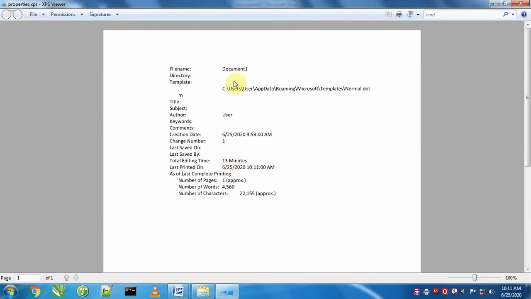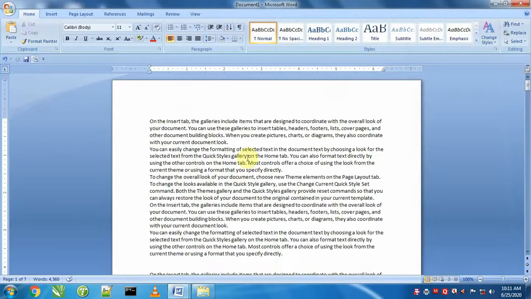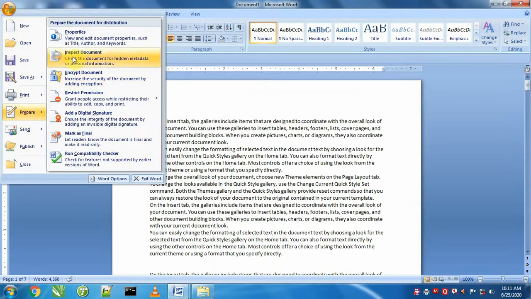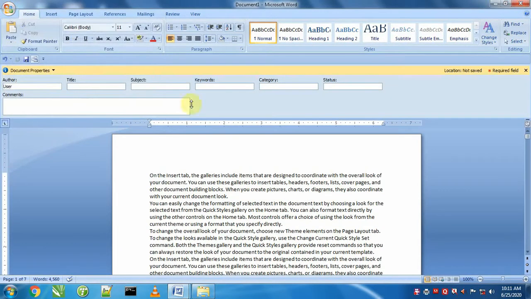Now how can we set these properties? For this we'll go to File, Office button, Prepare, and here are the document properties. We can set all these properties from here. We have to enter the author name here,